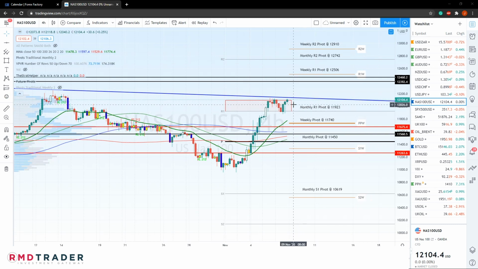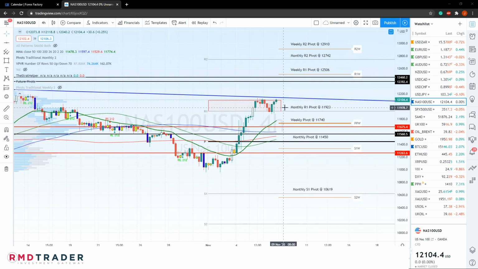And that means that there could be some further consolidation or perhaps even a retest of this area of the weekly pivot at 11,740. We can also see that we have our 50, 100 and 200 SMAs on the 4-hour all converging just below this level. But just considering this 11,675 area to 11,040 area to be support, that means that any bullish price action from this could see another